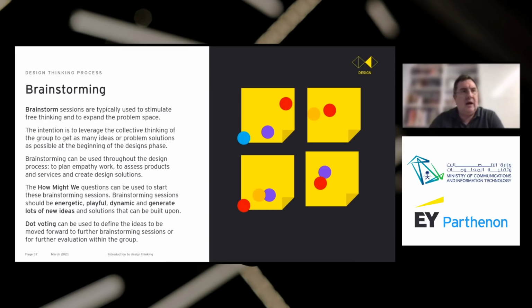Round robin is basically a design process where someone comes up and generates an idea and then passes that on to the next person, and the next person works on that idea to enhance it and make it richer, and then passes it around the table to the next person. So the idea is it goes round and round, and people build upon the idea, making it better and better